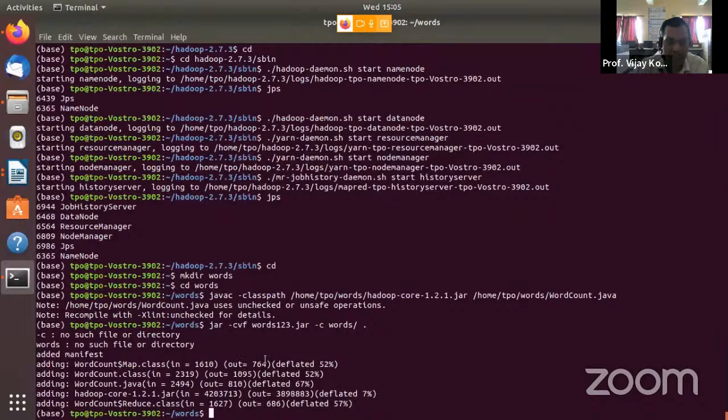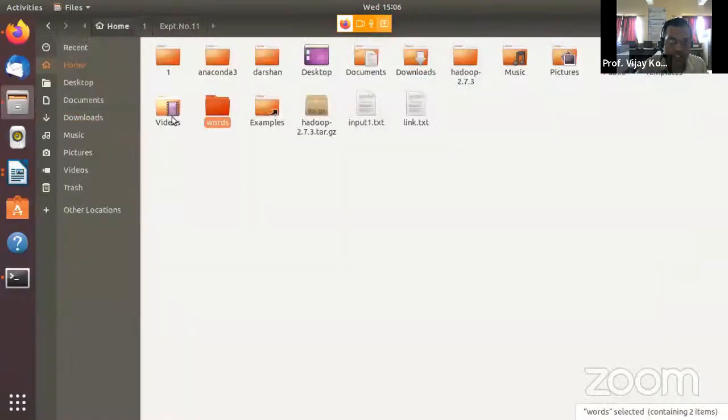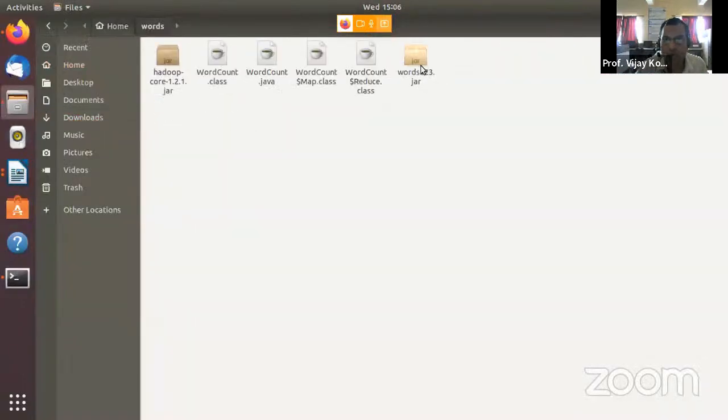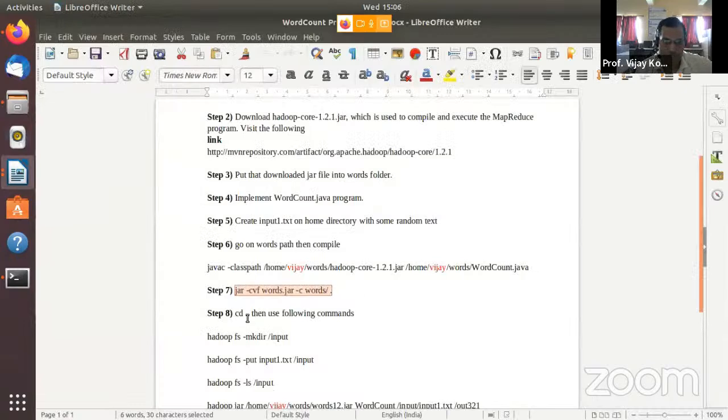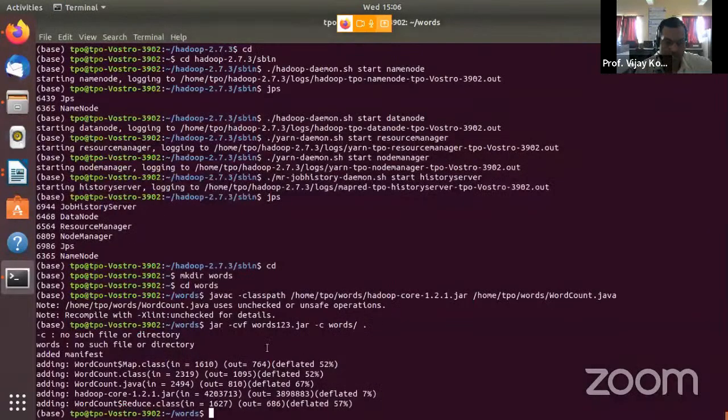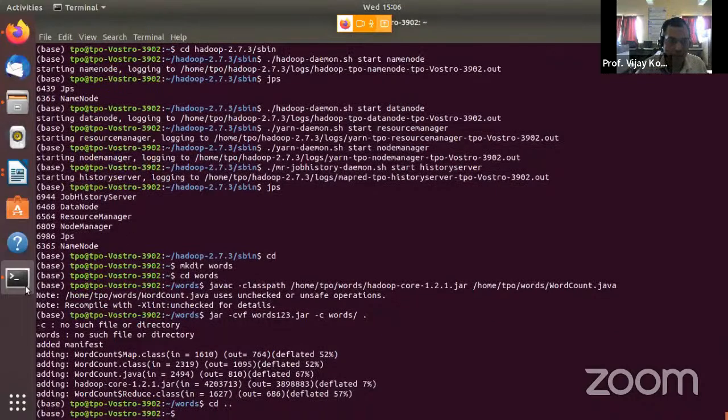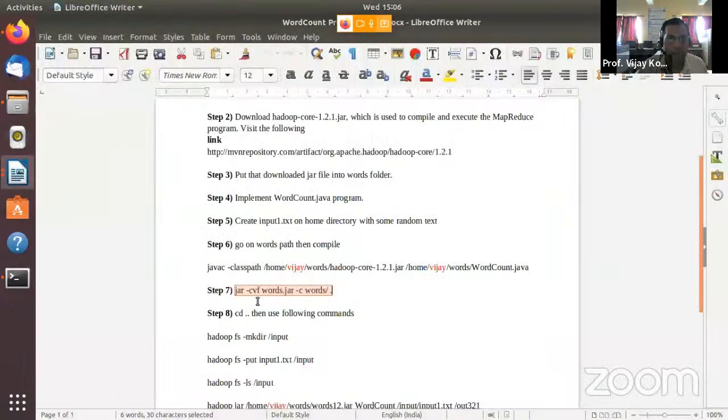How to check that the jar file is successfully created? All the files available inside the words folder are compressed inside words 123.jar. So you check inside the words folder that the words 123.jar file is created. Yes, the next step is the following command. You come outside that words folder, to the home directory, and then